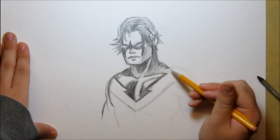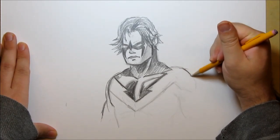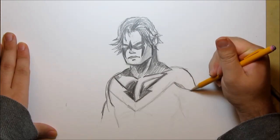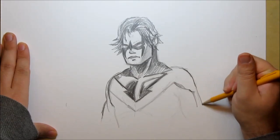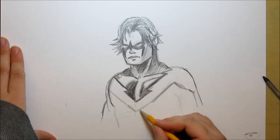When it gets to the shoulder, it kind of juts inward and it follows the muscle of the deltoid. So for the rest, I'm going to sketch it in. I'm not going to finish valuing it, but just sketch it. And I believe it comes down his arm. So the blue